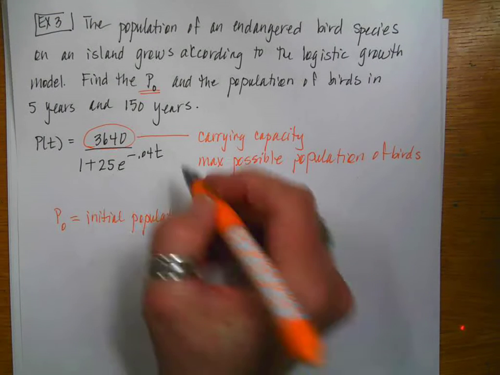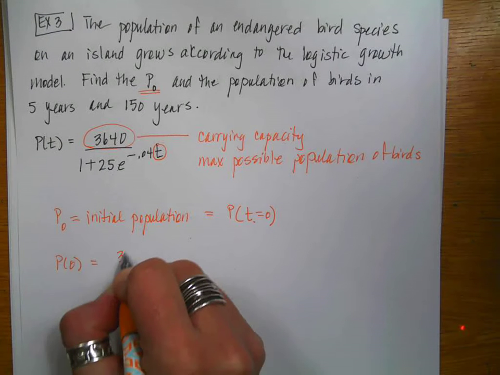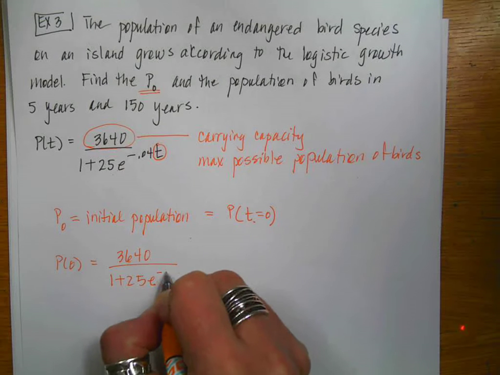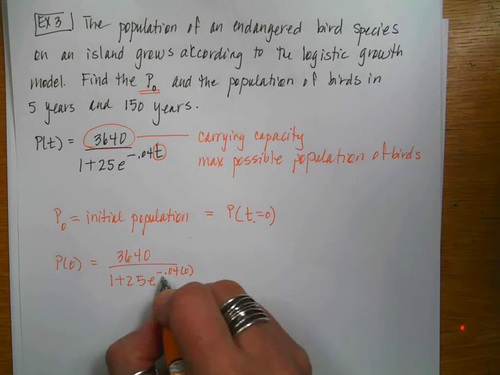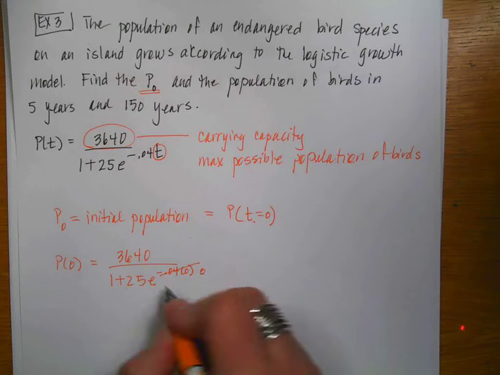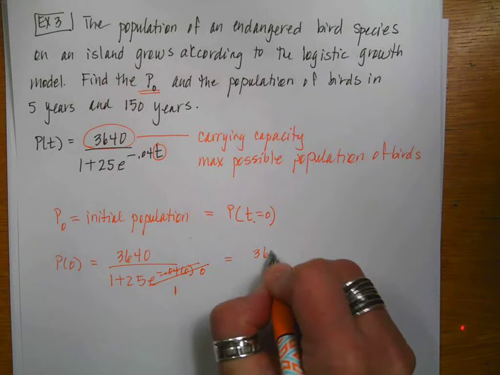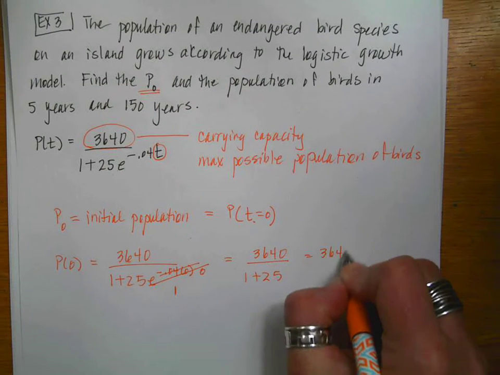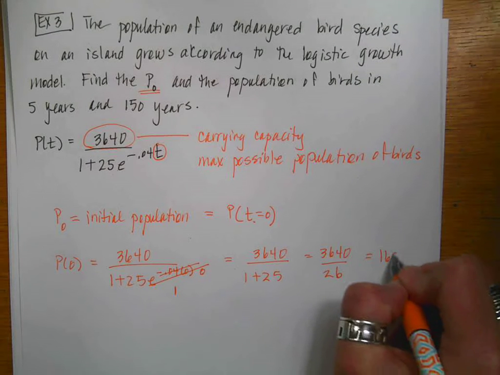So because this number isn't in this equation, we're actually going to let t equal 0. So P of 0 is going to equal 3640 divided by the 1 plus 25e to the negative 0.04 times 0. Well, negative 0.04 times 0 means this is going to be e to the 0. And remember that anything raised to the 0 power is 1, so this becomes 1. So now the math becomes 3640 divided by 1 plus 25, so it's 3640 divided by 26, and that's going to yield